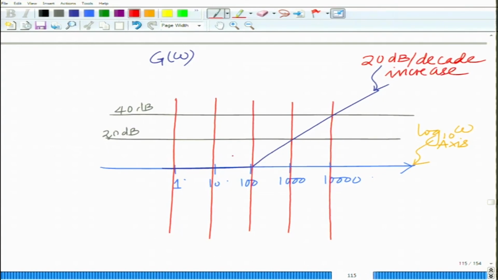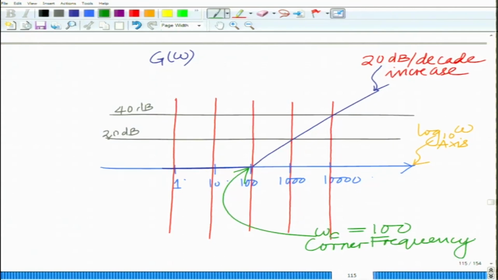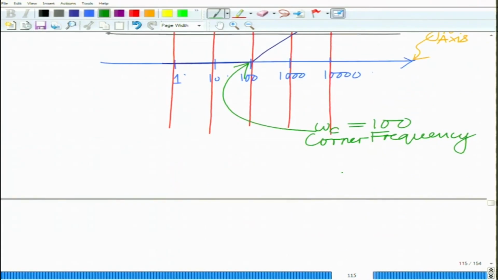And so, this is basically your corner frequency. You see omega c equal to 100. This is your corner frequency. And if you want to compute the value exactly at the corner frequency, at omega equal to omega c,